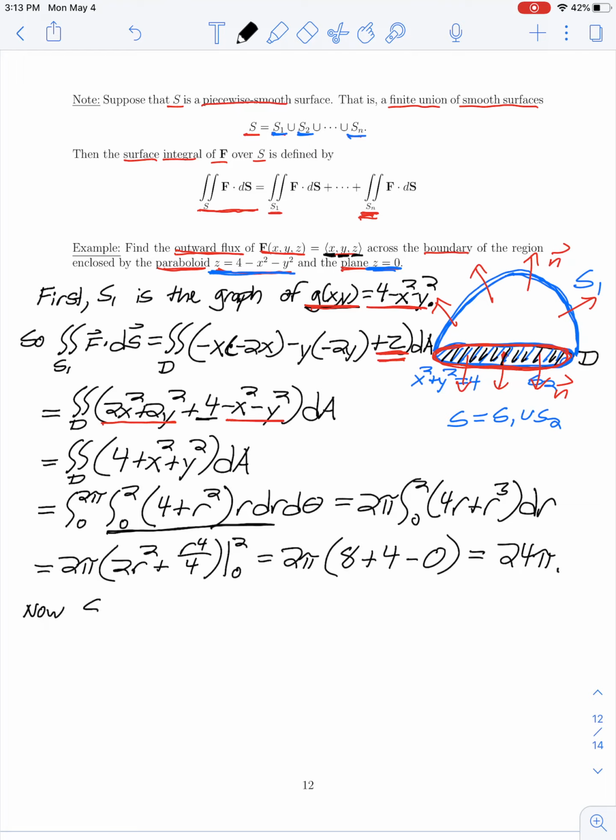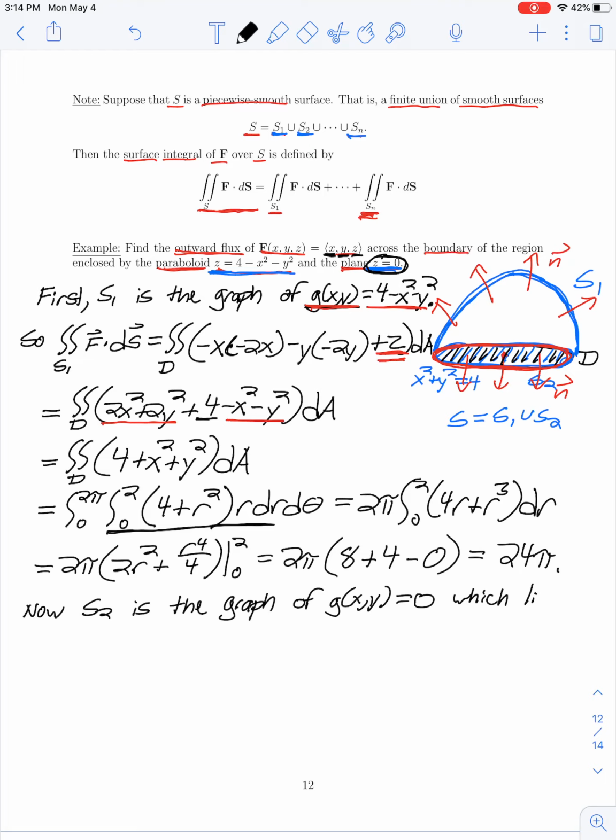So for our second part here, we can think of S2 as the graph of the function g of xy equals 0. So remember, this surface S2 lies in the plane z equals 0. So if we think of it as the graph of a function, it's the graph of the 0 function,